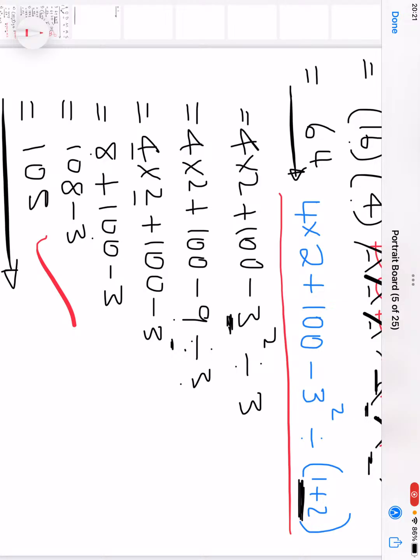Let's see, 4 times 2 plus 100, where we minus 3 squared divided by, in the brackets, 1 plus 2. I feel like I need to pray first here. Did I punch it correctly? Let's verify that one first, because if you punch incorrectly and make a mistake, you're going to call 10111